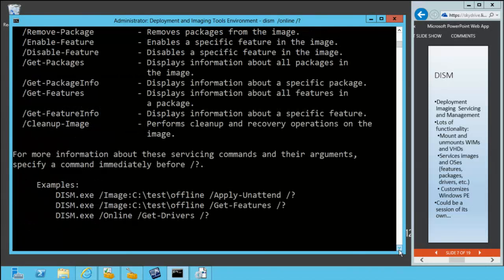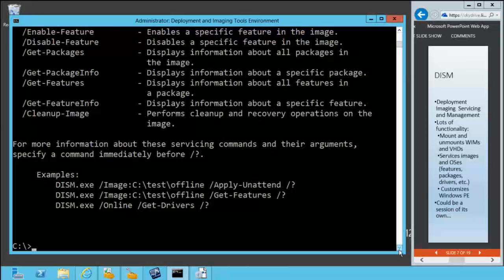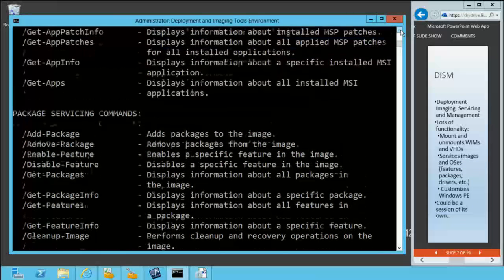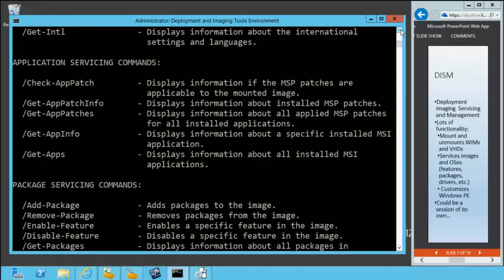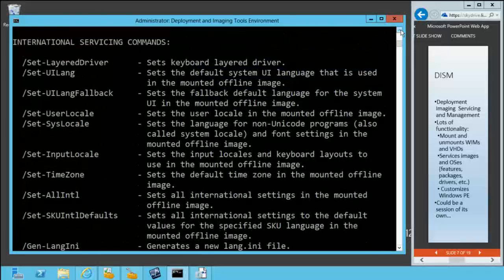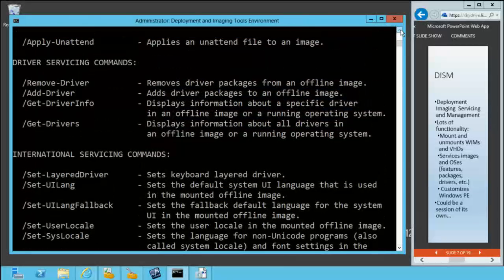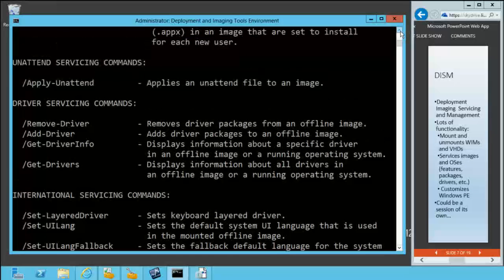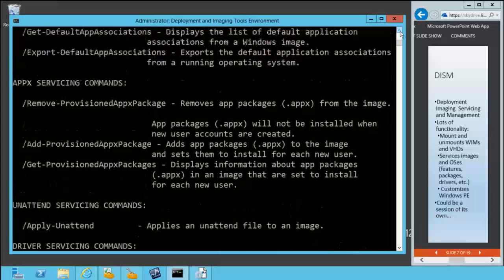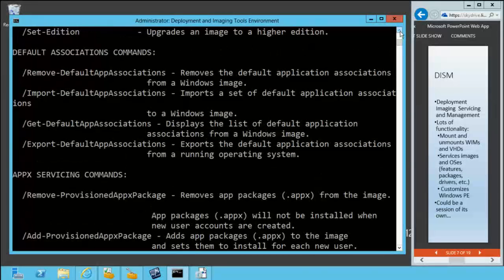where we get a whole bunch of new items that are supported, including items related to package servicing, related to apps, so these would be app patches, the international settings, locale settings, anything related to that, injecting drivers, removing drivers, querying drivers, applying unattends, provisioning new Windows Store apps, all kinds of capabilities tied into this DISM tool,